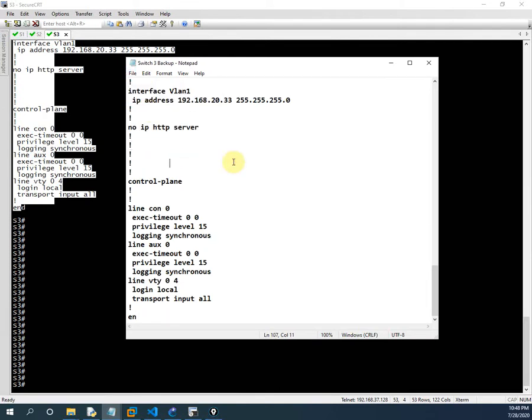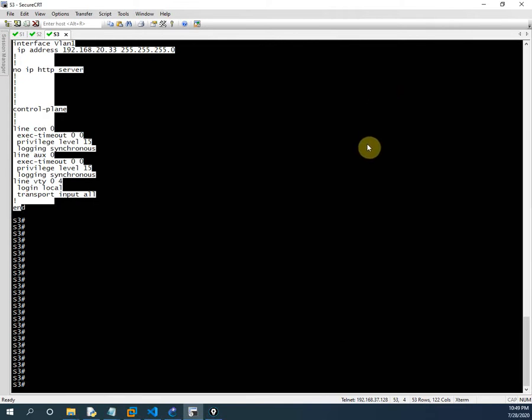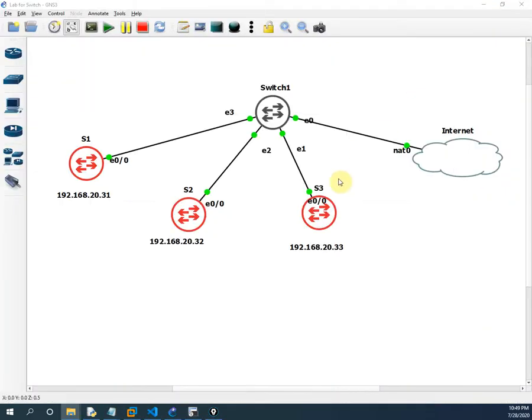If you have 3 switches or 4 or 10, it is easy to take the backup of the configuration like this. But if you have 100 or 200 switches, it is difficult, right? If you are one alone network engineer maintaining the whole network, then it is very difficult. So we are going to take the backup using a Python script. We are solving this problem by using a Python script.